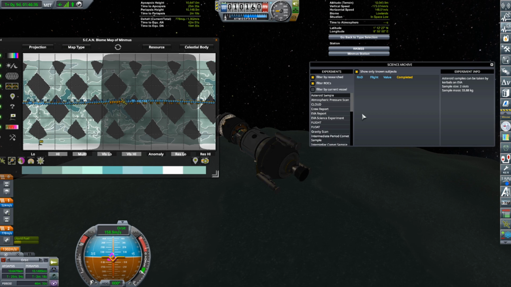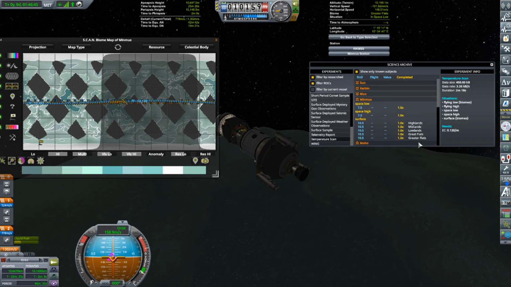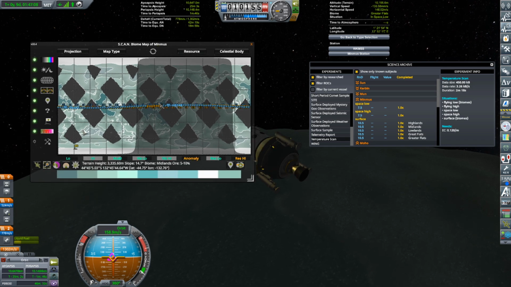Okay, what I also want is my science archive. And what I'm looking at is, let's just look at something simple like the temperature scan. We'll get this to Minmus, and this will tell us what biomes we've been in. So I've been in Highlands, Midlands, Lowlands, the Great Flats, and the Greater Flats. It wouldn't be a disaster to land in one of those biomes again, but it will be nice to land somewhere I've not been. So that's the Great Flats. Oh, wait, these ones are the Great Flats. These ones are the Greater Flats. I'd also like to be in a...